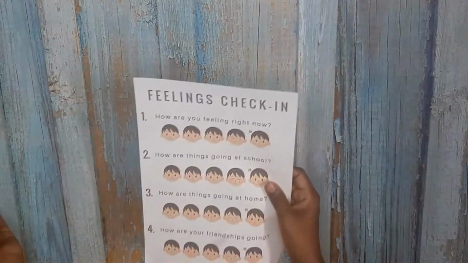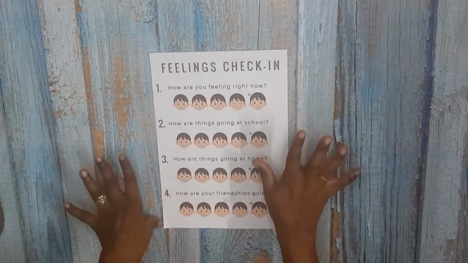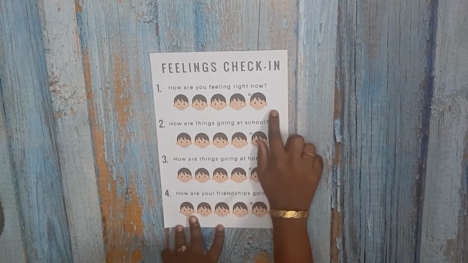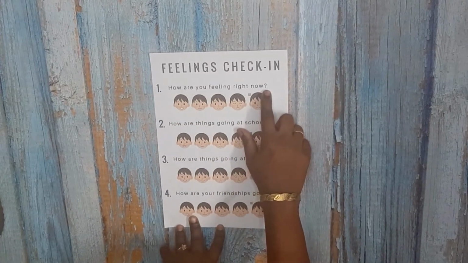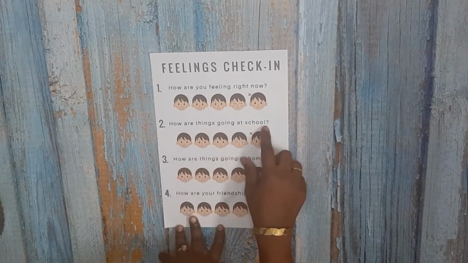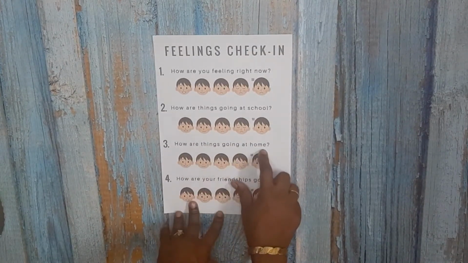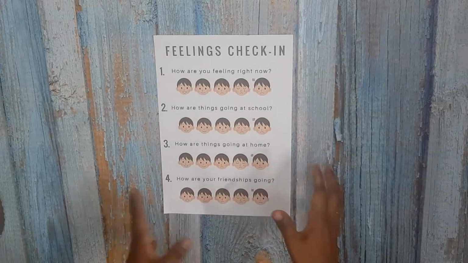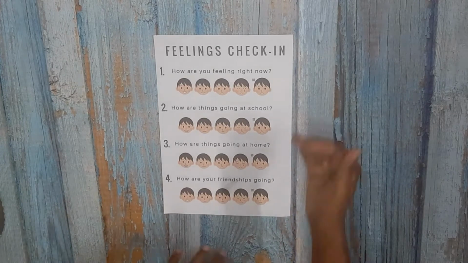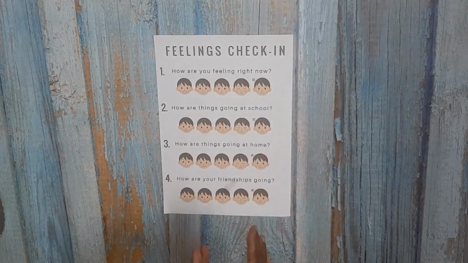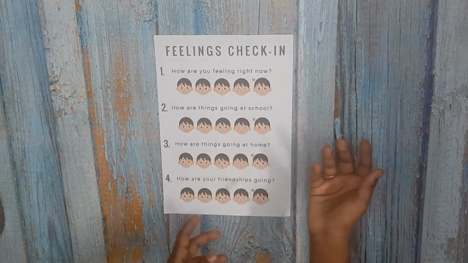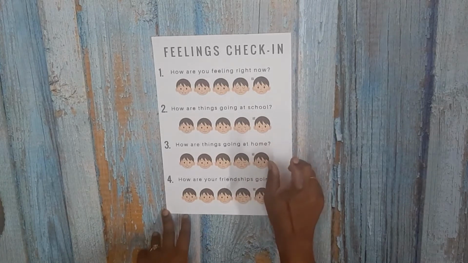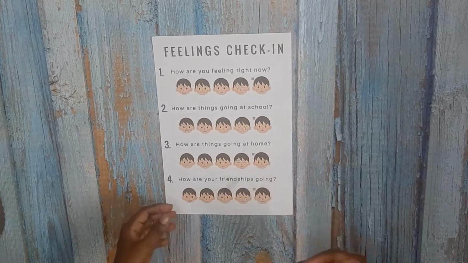So this will be our first activity. In our second activity, it is like a feeling check-in. You can write the sentence and you can make a checklist here. How are you feeling right now? How are things going at school? How are things going at home? How are your friendships going? This way you should check each and everything so that you will be keeping his emotions on track. You'll know how he is feeling in fact. This is a very important activity which you should do almost every day so that the child understands his